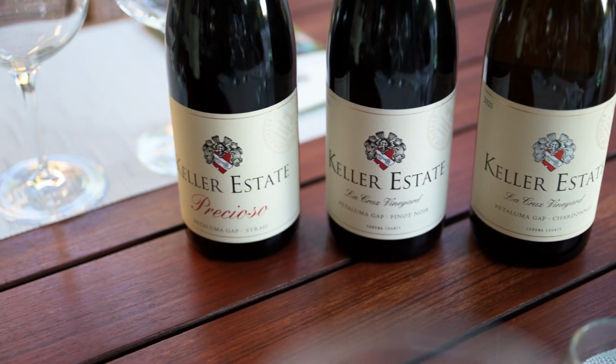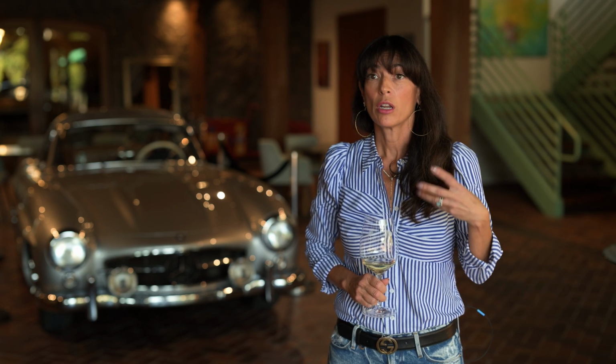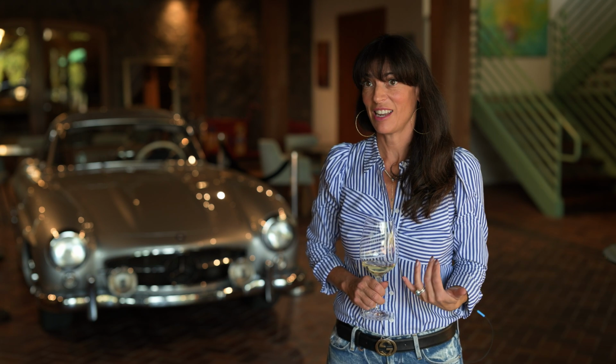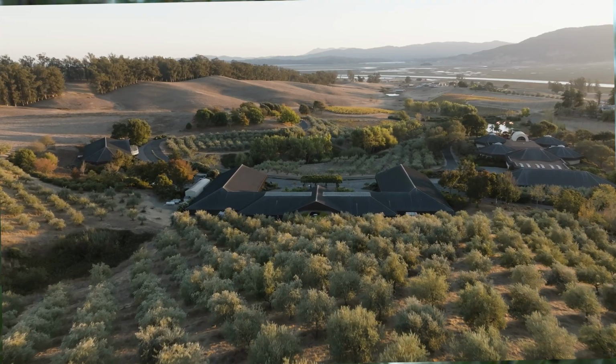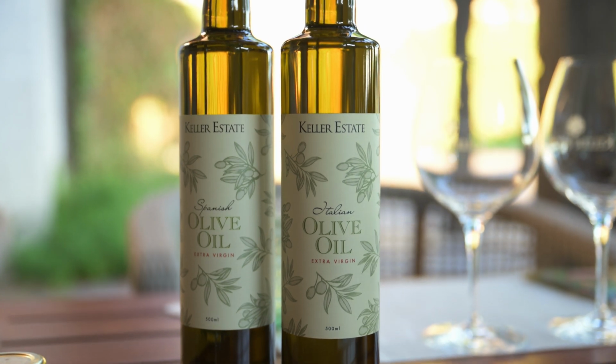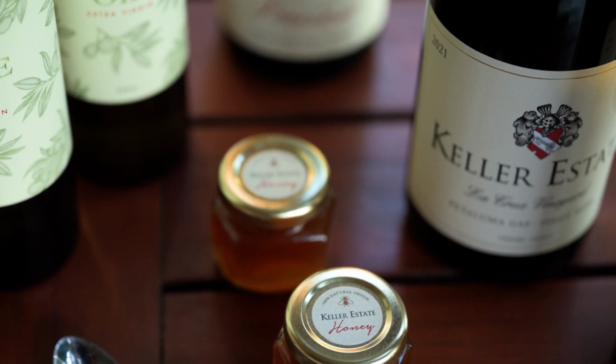One of the things that I think is special about Keller Estate is that we are constantly looking for ways to work with nature, not against nature. We have over 200 sheep that naturally mow and fertilize our vines, and we move them from block to block. We have a number of bees on site, so we do have a bee colony. We produce our own honey on site, but the bees, of course, are the pollinators for our property, and that is actually something very important to Anna Keller. She's a big proponent of saving the bees and working with bee colonies, so I love that,